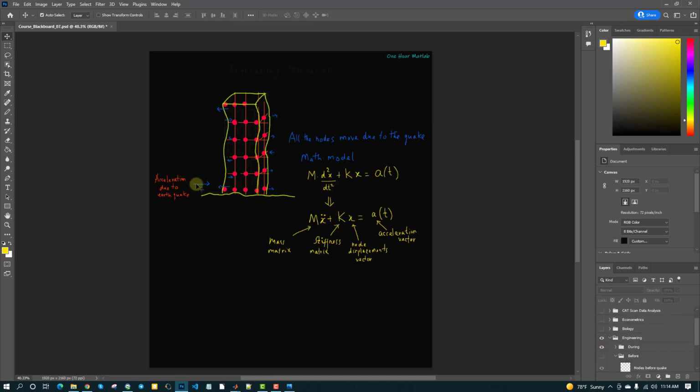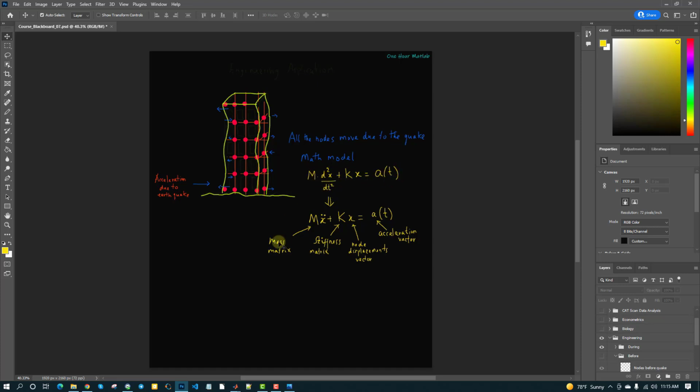So the acceleration due to the earthquake can be easily measured with sensors, and the building is actually modeled as a set of connected masses, masses connected by springs, and we can create a model for this mass and spring system using the second order differential equation, m d squared x by dt squared plus kx equals a of t,